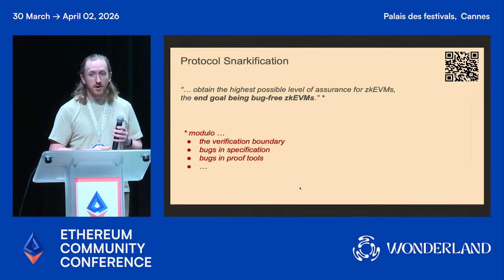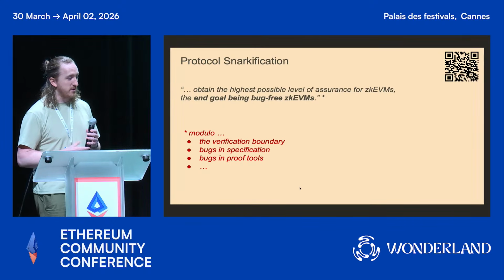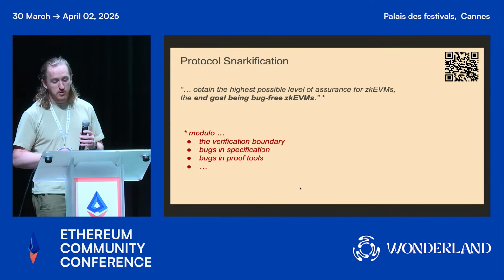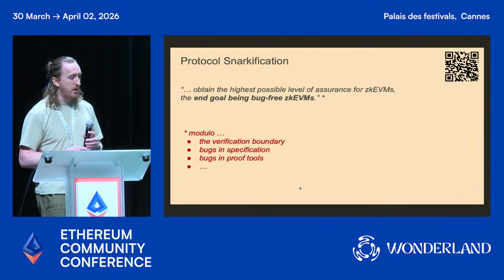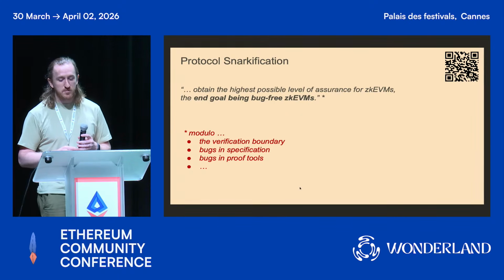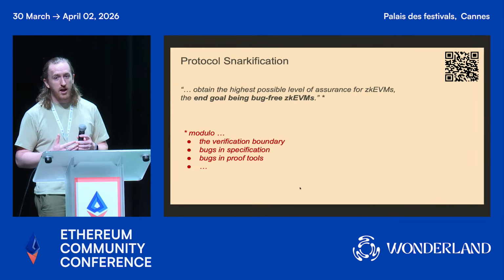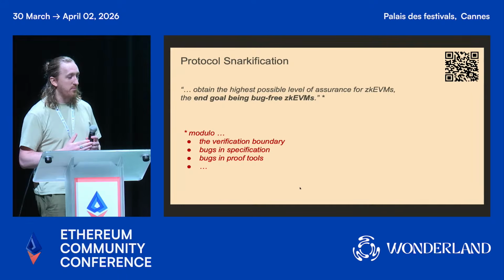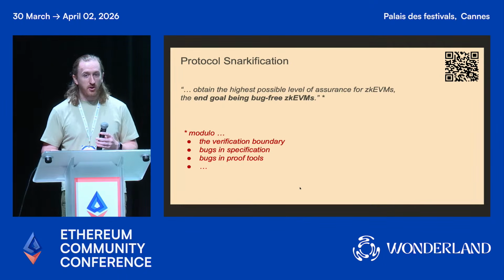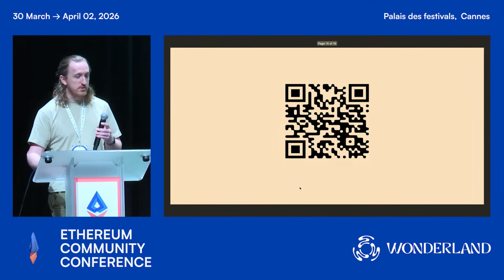Like I said before, sometimes there are bugs in the specification, but there are ways to address this. And sometimes there are bugs in the proof tools, for example, these extraction tools, which we have methods to address. But it's also worth keeping in mind that formal proofs add a lot to the assurance of software, but we still need to be on our guard. That is all I have for you today.